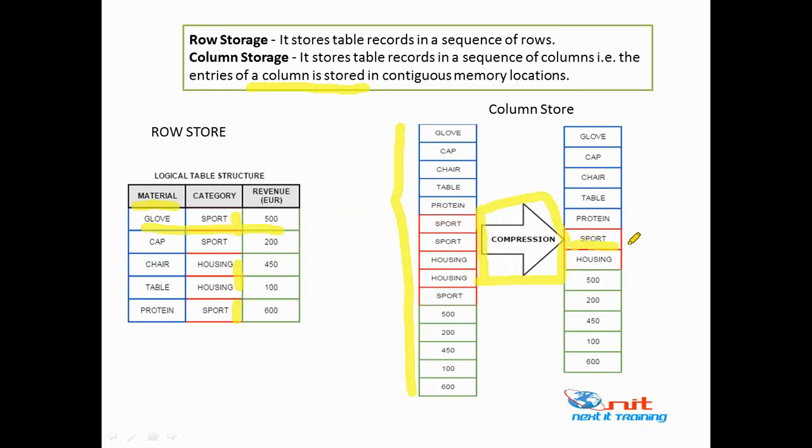there will be millions of records in that, right? So in those million records, if you take country US, all the million records have the same value, right? The country is US. So if it takes three characters, then 1 million into 3, it's 3 million characters occupying the space. Did you get my point, what I'm saying? If there are 1 million records with the value country US, that itself is occupying 3 million character